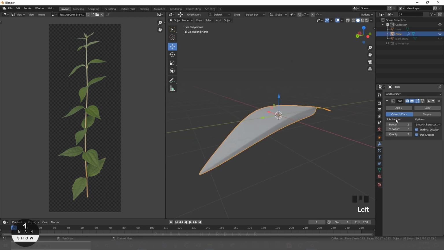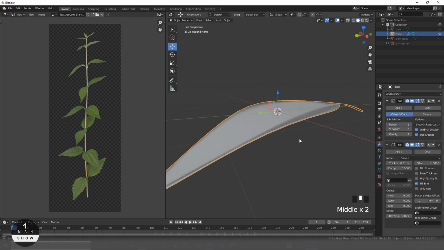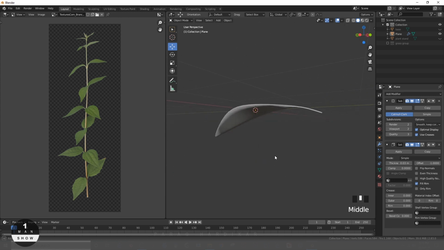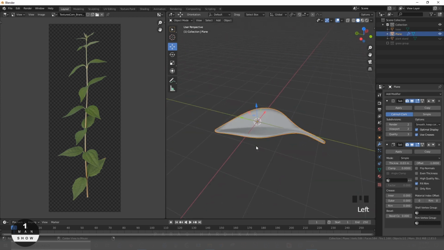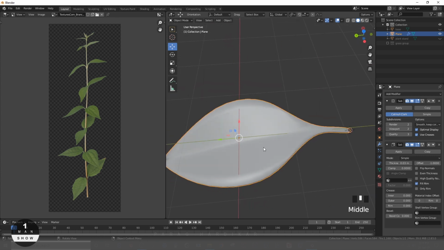We need to add some thickness here. So for that I'm gonna add solidify modifier. Setting its origin point here.